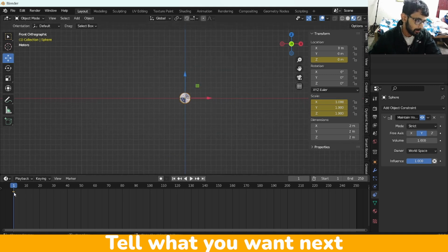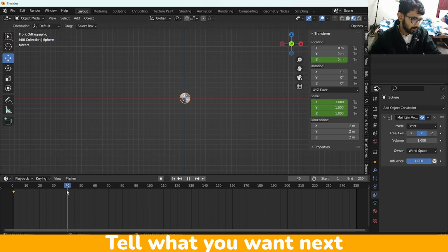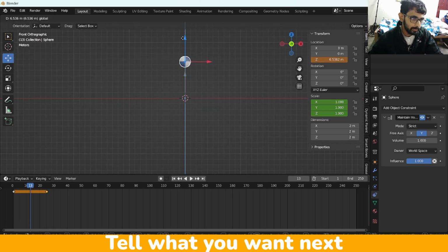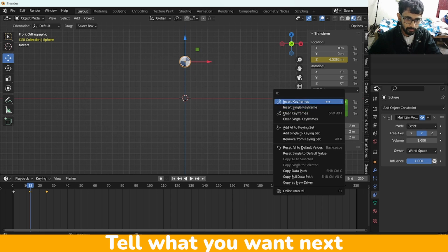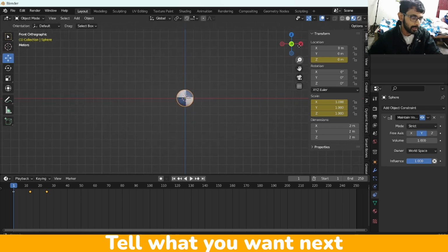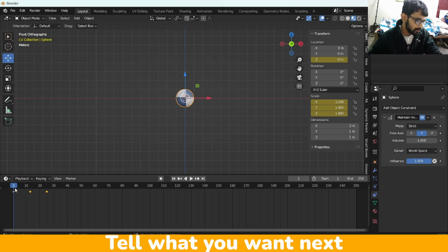Next I'll be copying this with right click and copy, or you can copy this keyframe with Ctrl C, and I'll go to frame 25 and Ctrl V to paste it. Okay, now go to frame 13 and move it up here and add a keyframe here and also here. Alright, now this is the animation we have right now, and we have to play with the timing. So for that, let's